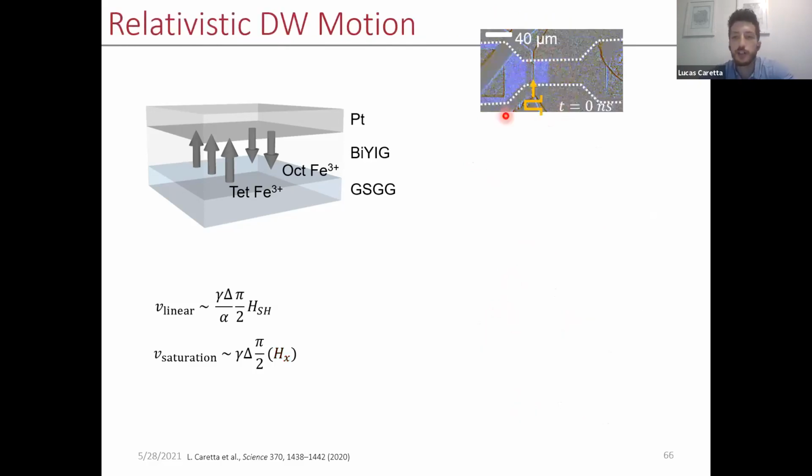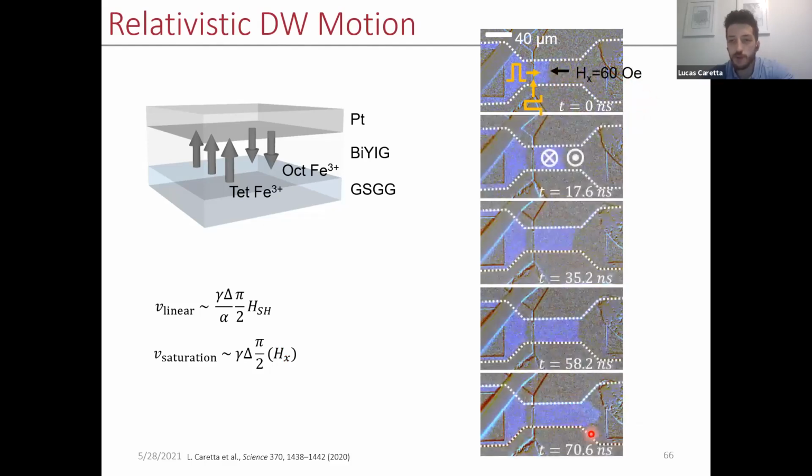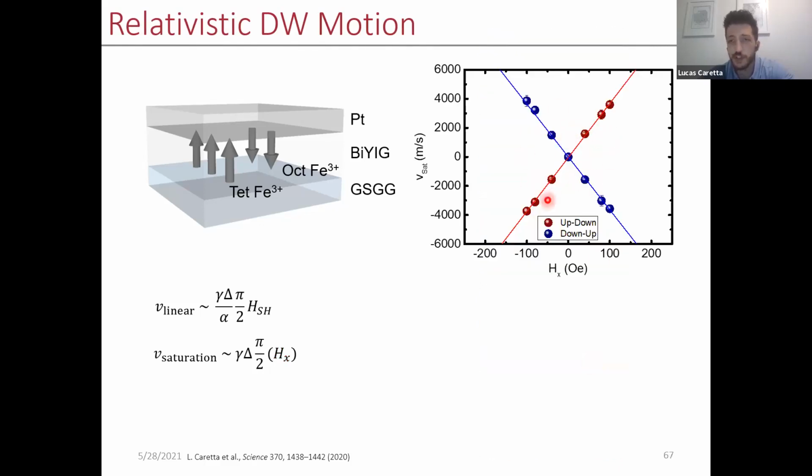And so what we've done is created domain wall racetracks where we can nucleate domain walls in this system. This is imaged by Kerr microscopy. And here we can apply a magnetic field to force a Néel domain wall configuration. And by doing so, we can drive domain walls with currents in these material systems at very fast velocities. This is more explicitly shown on this plot, where I've plotted that velocity saturation as a function of in-plane field.